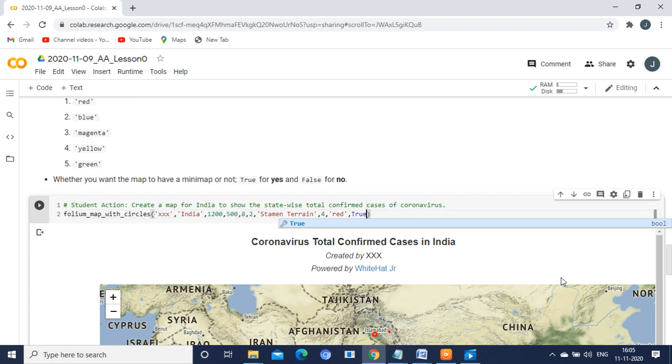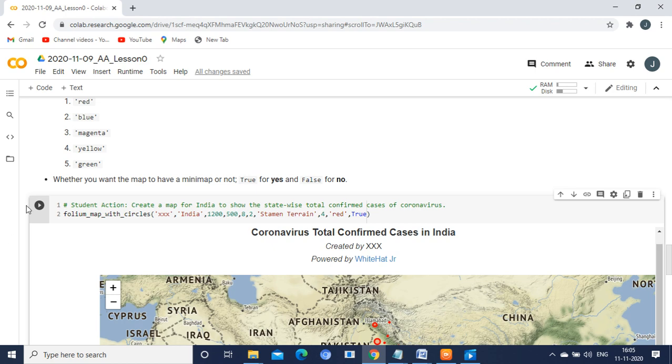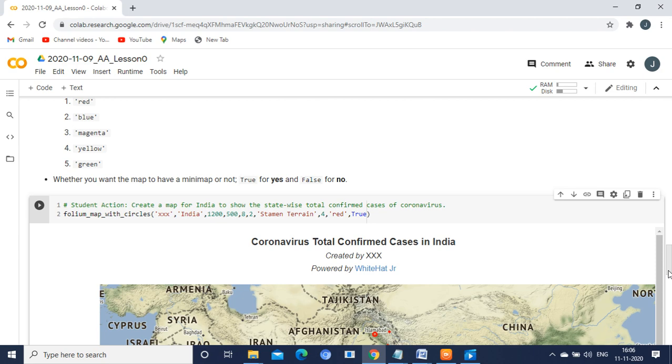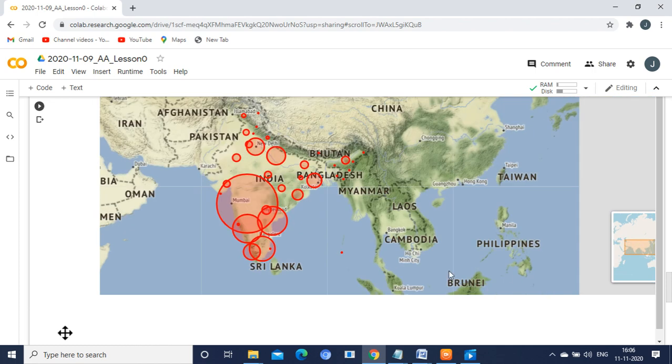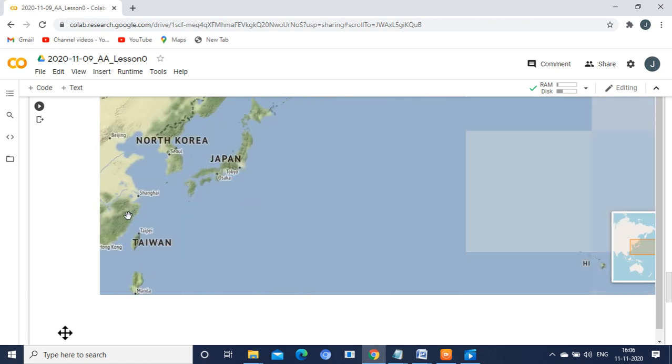Just giving true. I'm executing it. Let's see what will happen. Yes, we are having the minimap here. If I move this, you can see there is movement here.